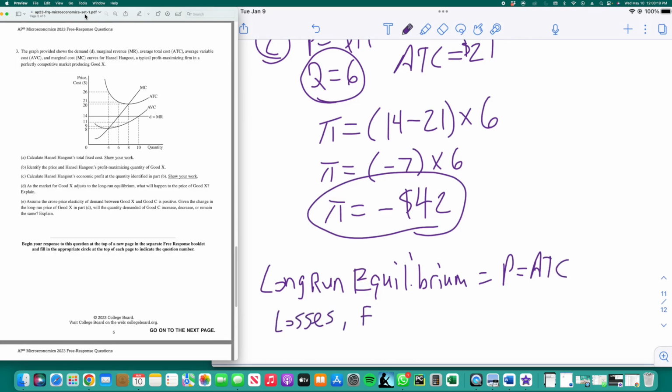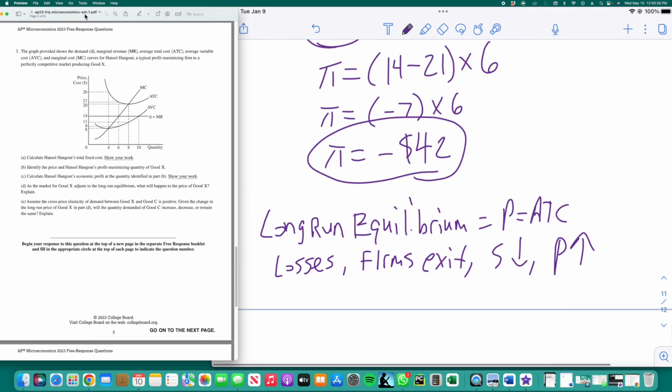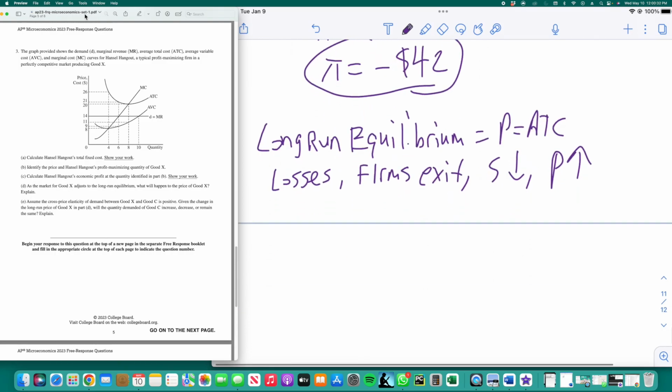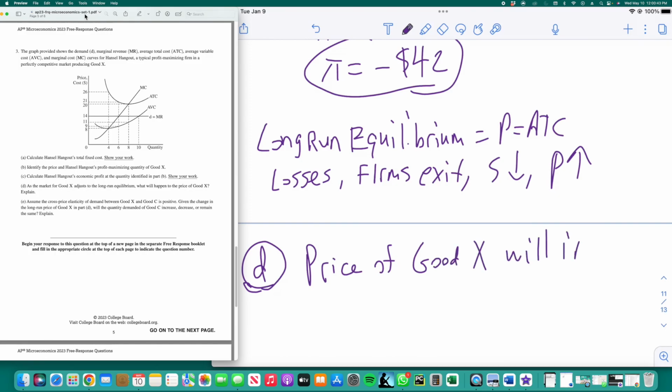Losses, firms exit. When firms exit, supply goes down. When supply goes down, price goes up. So what you're going to say is the price of good X will increase